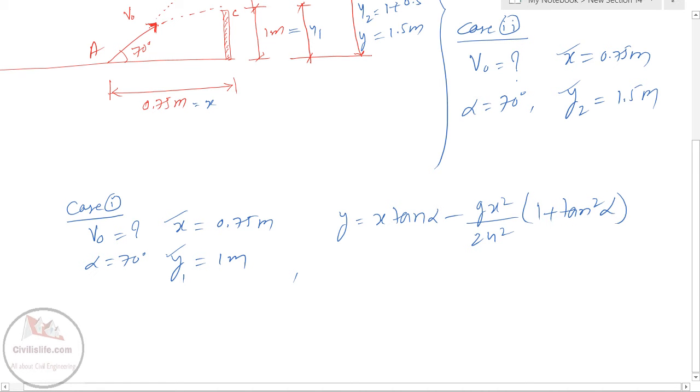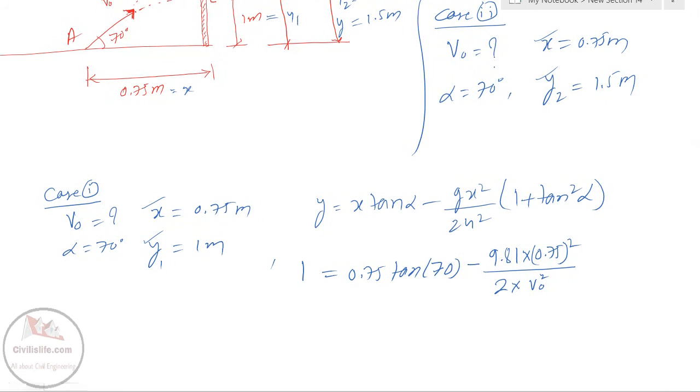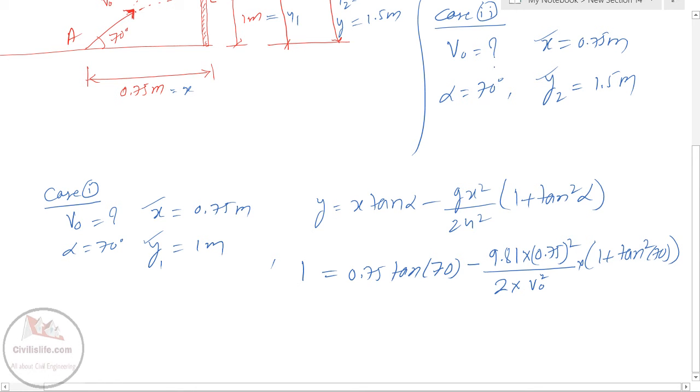So substituting all these values in this one, it is 1 is equal to x is 0.75 tan 70 minus 9.81 times 0.75 square upon 2 v naught square, multiply with 1 plus tan square 70. So on solving, it becomes